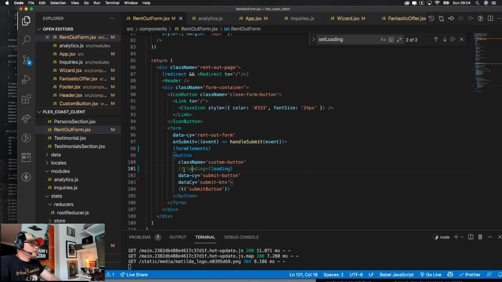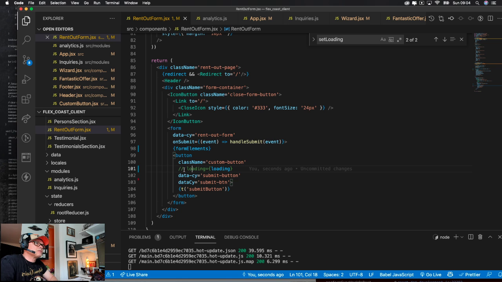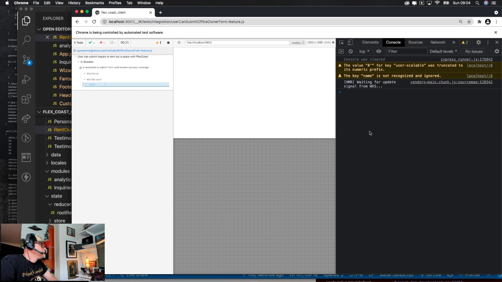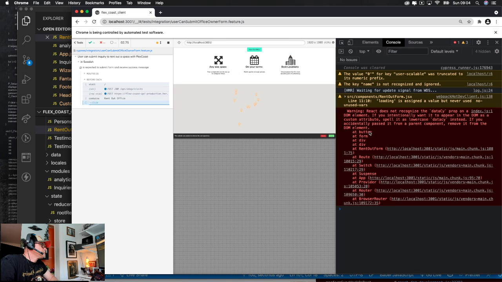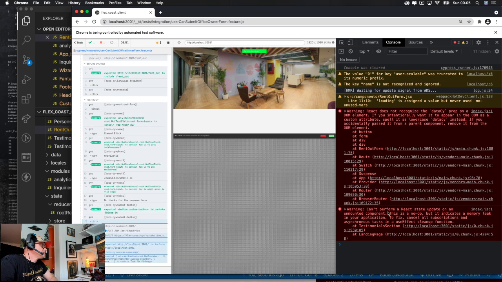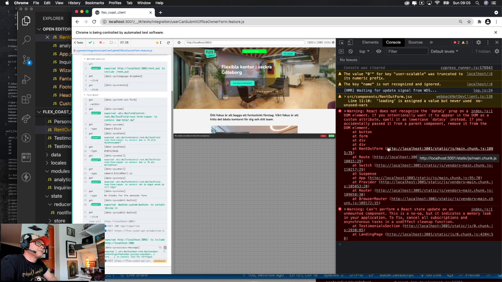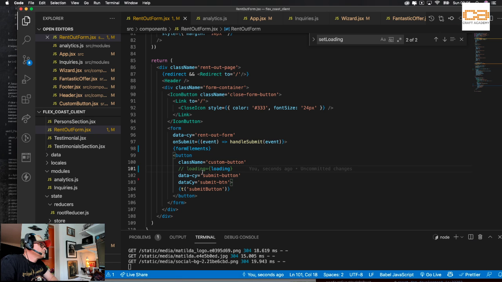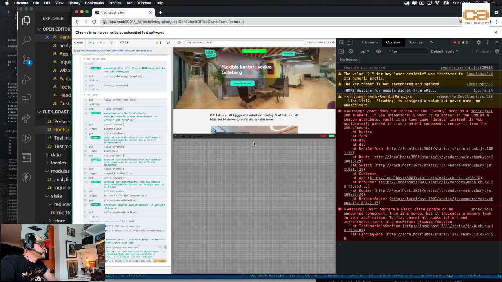This must be that. Let's just for the sake of it remove that for a sec and see if we still get that. Right. Custom button, but I don't even know what that is supposed to do.